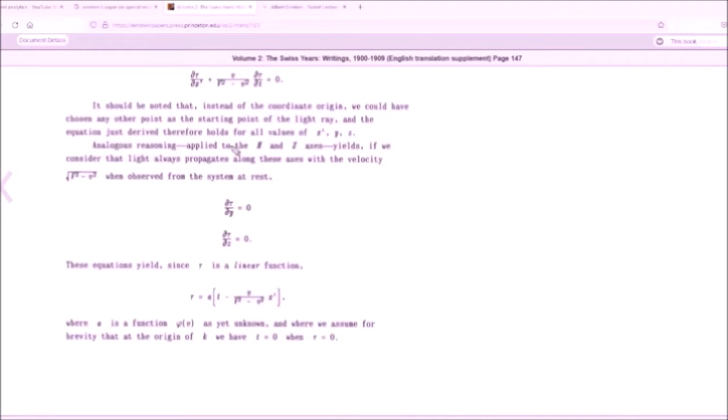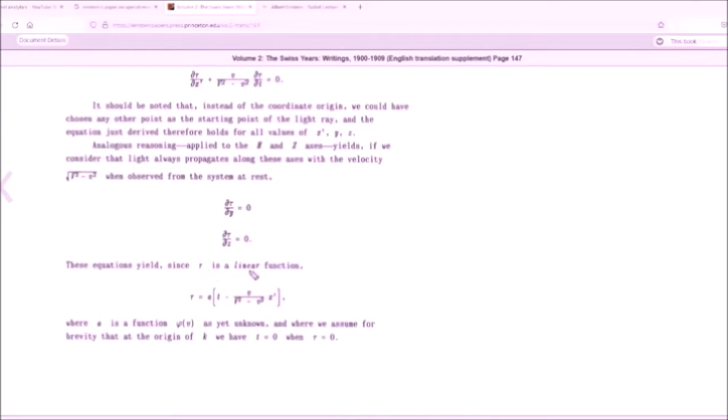Analogous reasoning applied to the y and z axes yields the following. If we consider that the light always propagates along these axes with the velocity square root of capital V squared minus v squared when observed from the system at rest, in another way, the relative time difference in the moving frame is 0. There is no change in y because they are parallel. This equation yields